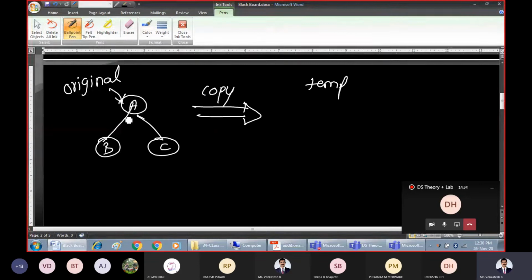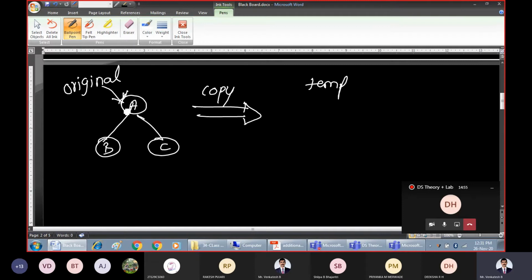So if original, that is, if the original pointer is pointing to some existing node, say node A, that means the tree is present. If the tree is present, then only we can create a duplicate copy.